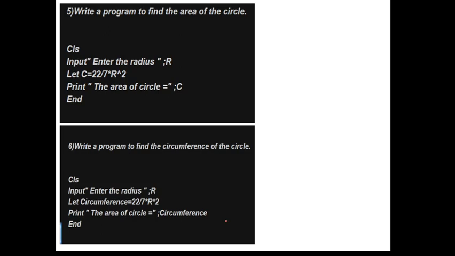Now again, program to find area of a circle. So how do we find that? CLS, input area of radius. Now in input, we need the radius only here. So we are assuming this as R dollar. Okay. So radius, we are pulling the data in the form of R.